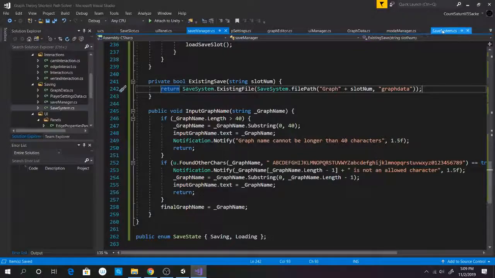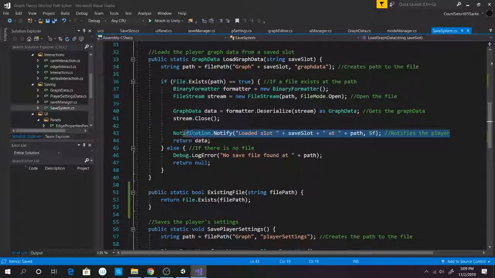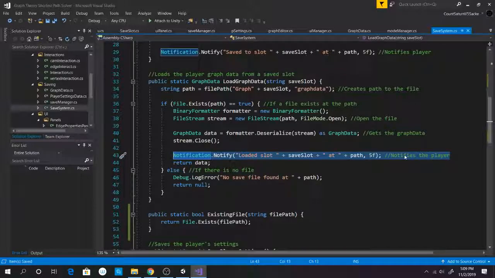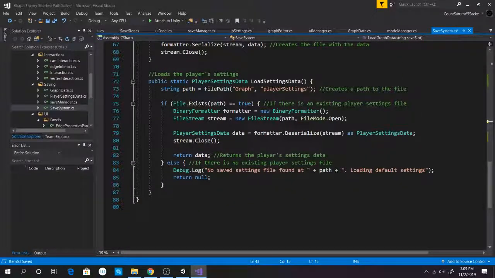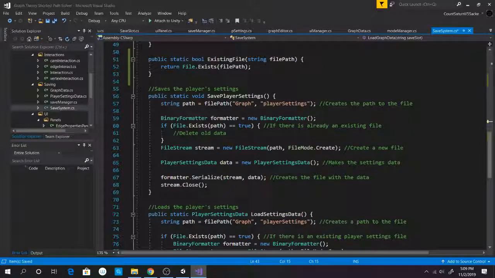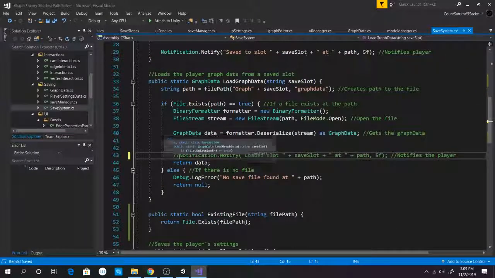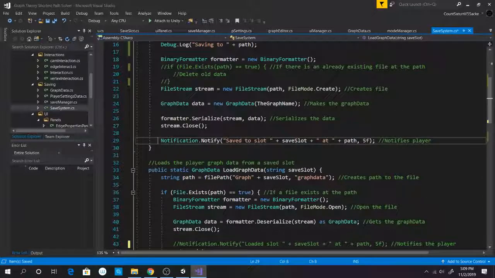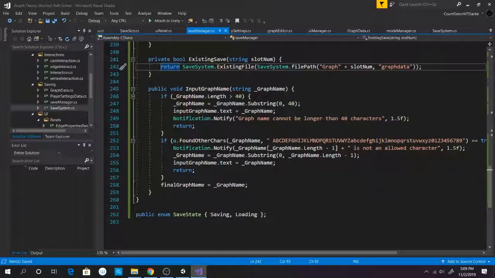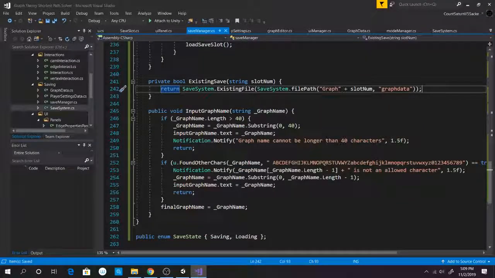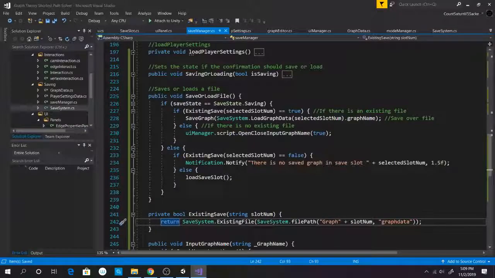Okay, not okay. Maybe this notification should not be here. I think that I'm going to comment this out, and I'm also going to comment out that. Yeah, I'm going to comment out that. I'm also going to comment out this. Now, in the save manager, once we do save graph,